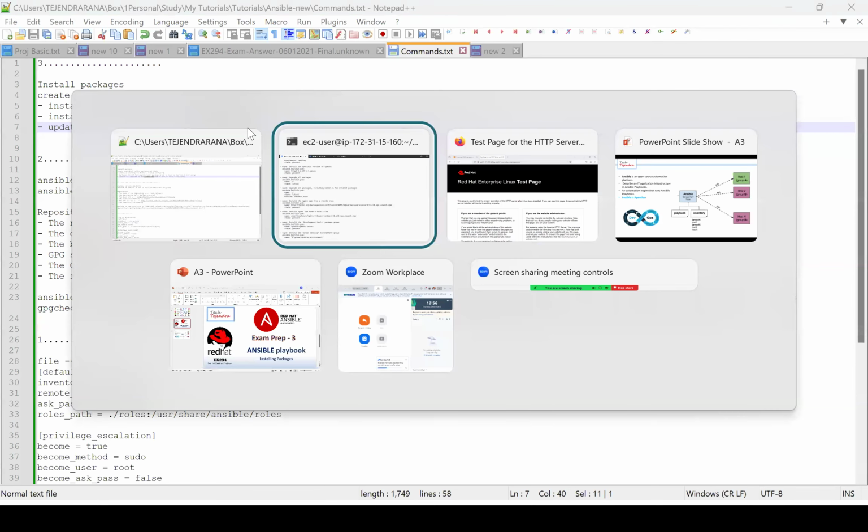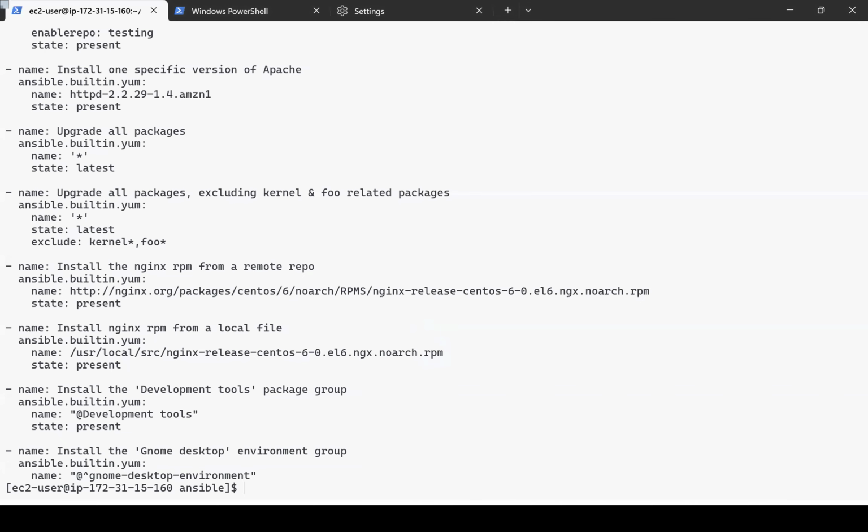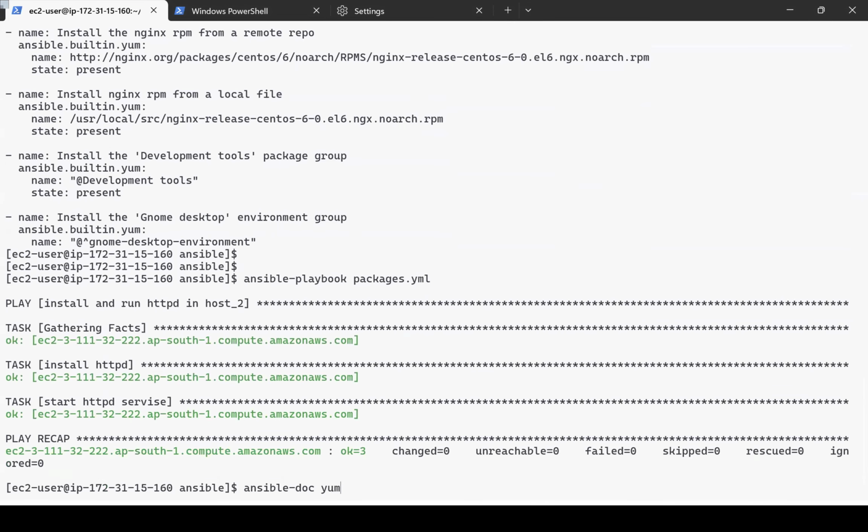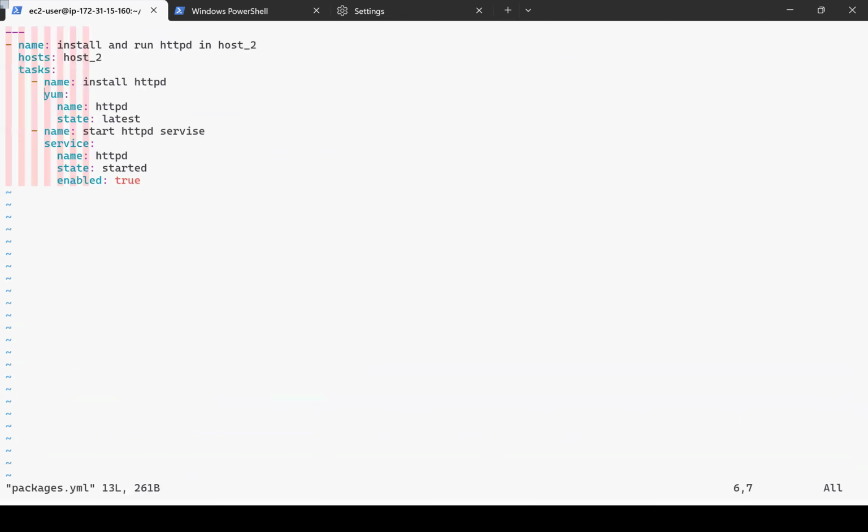Okay, so let me go ahead and make this change. We need to edit our playbook again. So these things we were doing on host 2, right? Now the other two states, the other two things, we need to do on host 1. So for it we have to write another play, and as I told you, this is the list. Now we are writing another play, and the play name would be